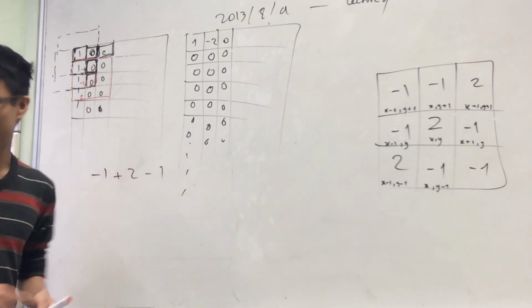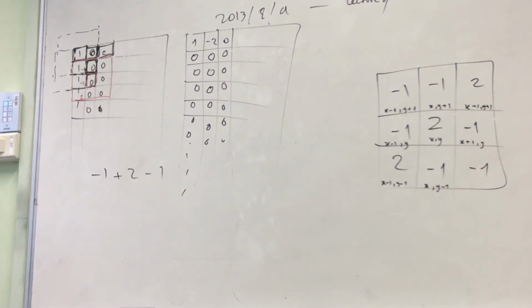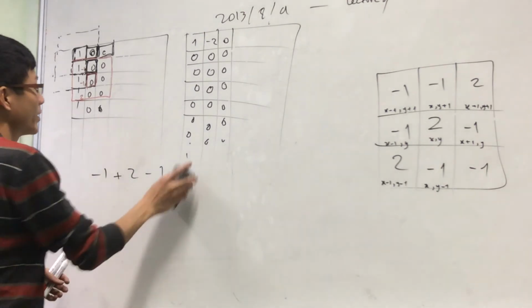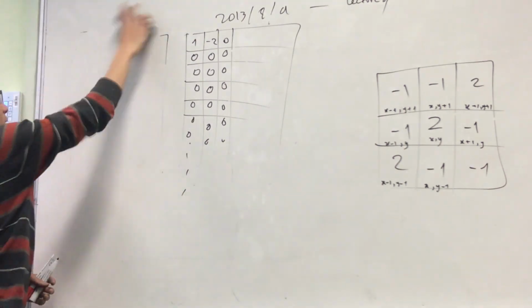Alright, how about the other one? You got another image here. f(x,y) equals 1 for x equal to y. x equal to y means 0, 0, 1, 1, 2, 2, 3, 3, 4, 4, 5, 5. So if I have another image,